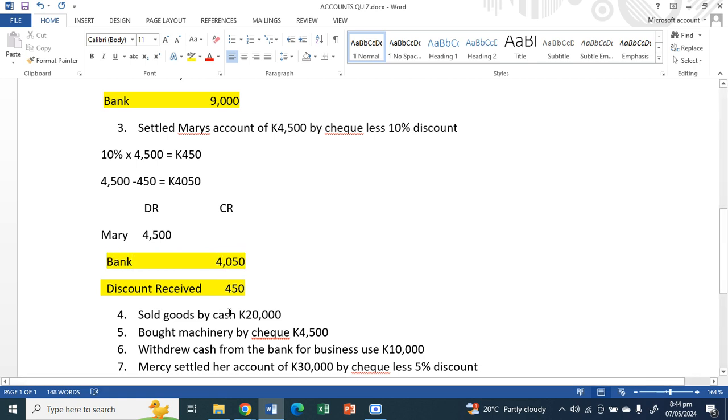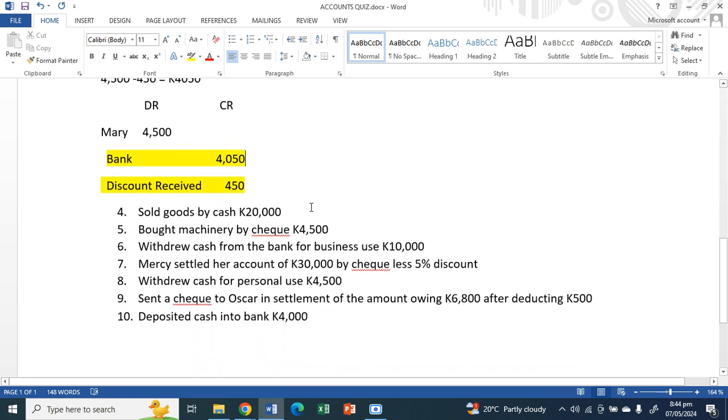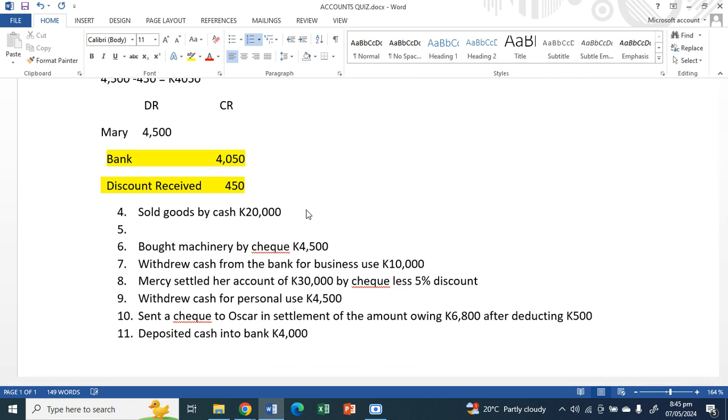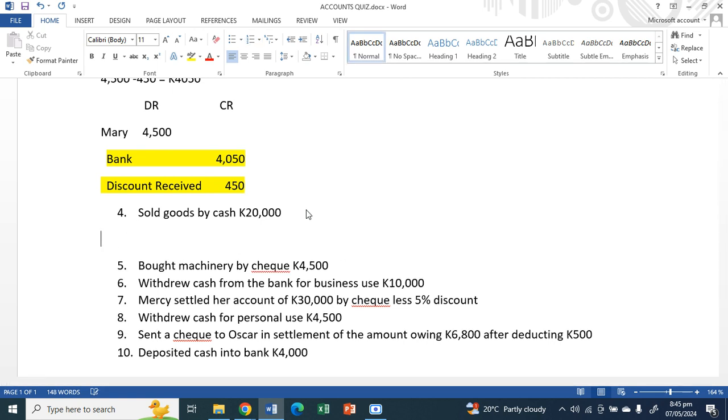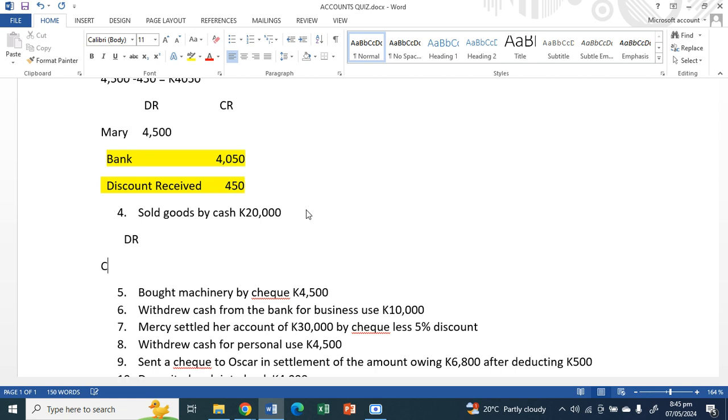Okay, the next transaction, sold goods by cash, 20,000. So here we have made a sale. Two accounts involved are the cash and the sales account. Sales account is a revenue account. Cash account is an asset account. Both accounts are increasing. So an increase in an asset account, which is cash, you debit. So you debit cash,